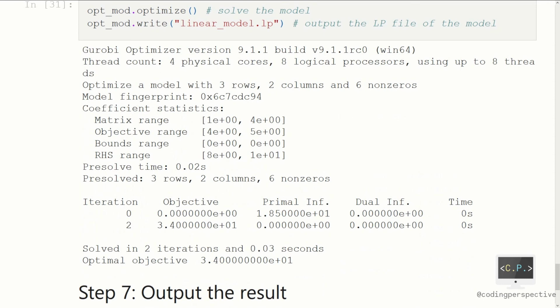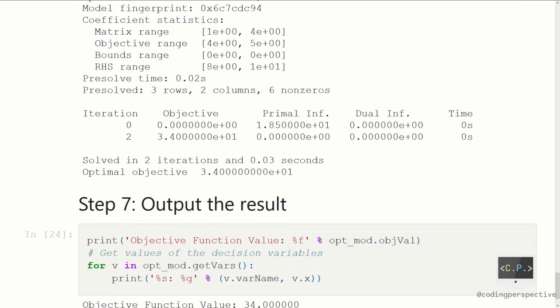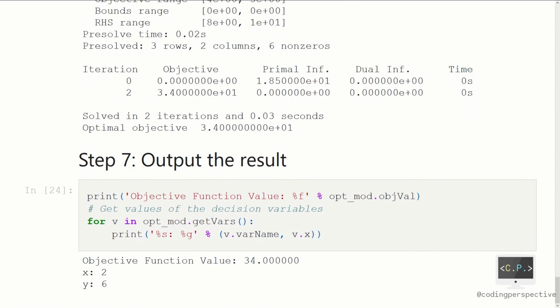As you see, the model is solved using the Gurobi optimizer. You can see the details regarding the solution. At the last line, you will see the optimal objective value, which is 34. As the last step, we will output the result and the corresponding decision variable values.